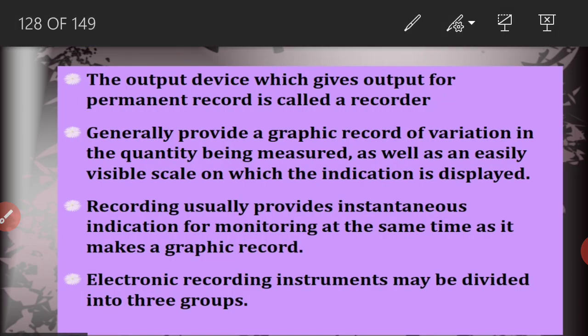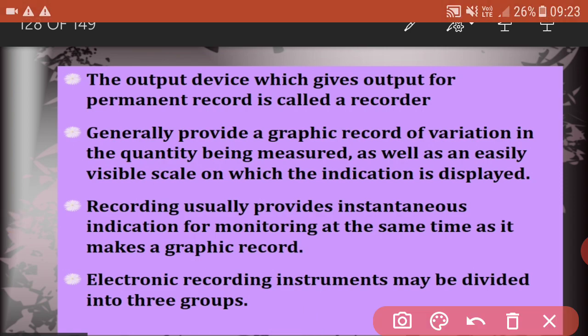First of all, what is a recorder? The output device which gives output for a permanent record is called a recorder. See, in some devices we get output, but it is not a permanent record. This type of instrument is not known as a recorder, because at the time of measurement we can only see the output, but in a recorder we can record permanently. It means at any time we can